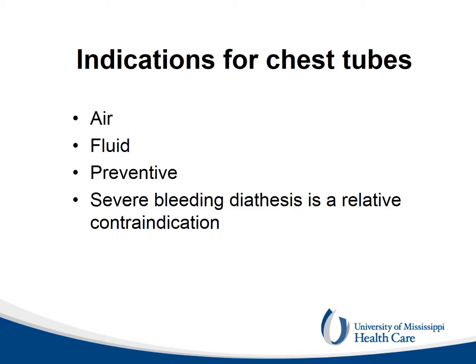Most of the indications for the placement of a chest tube are the presence in the pleural space of a significant amount of air, called pneumothorax, or fluid, called hydro, or chylo, or hemothorax. Sometimes a chest tube is inserted preventively in critically ill patients when mechanically ventilated with very high mean airway pressures. Caution needs to be used in patients with bleeding disorders.